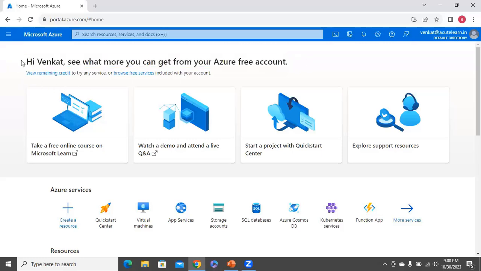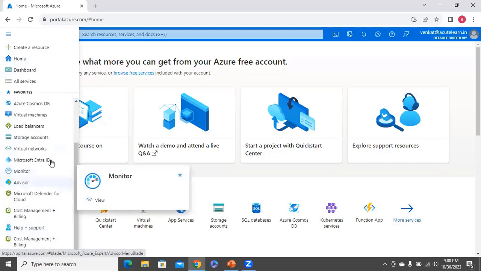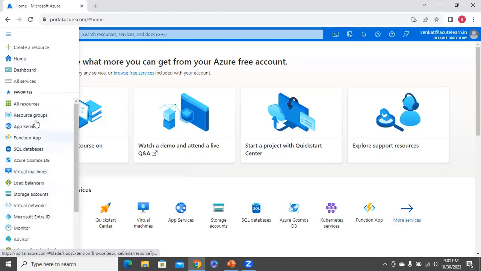Once we are able to log in, in the top left we can see something with 3 lines, which is a menu item. When you click on that, you would see Create a resource, Home, Dashboard, All services, and Favorite services, which you're going to use on a regular basis. You can add them into your favorites. And when you go to All services,